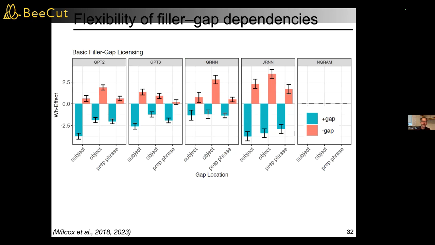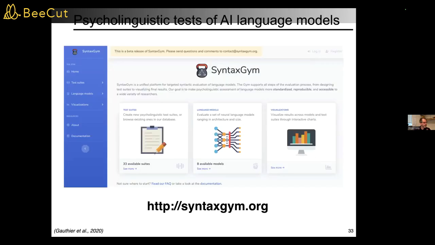And what we find is that now these are actually relatively old models, but they're still good ones to use, for a variety of large language models and even small language models. So this is a model from 2018 using an LSTM architecture that is trained on only 100 million words. Even with that model, you get a robust filler-gap dependency. And this is across different locations of the gap: the subject position and the object position inside a prepositional phrase, across models. There are many, many other things that I could tell you about this.